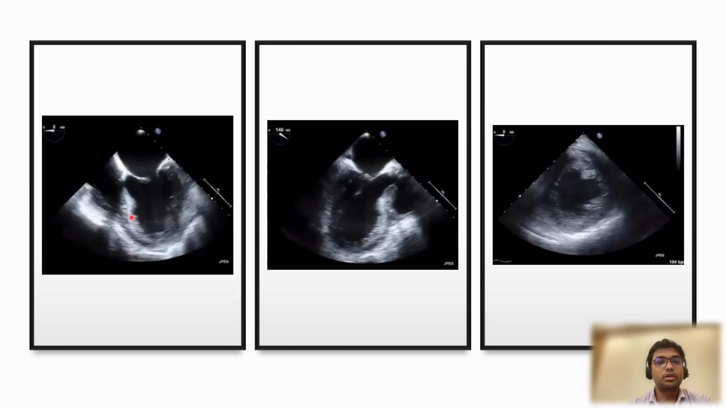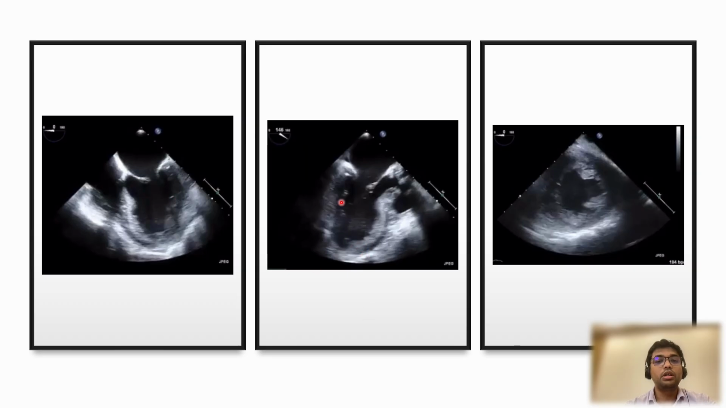So like this image, you can see there is a hypokinesia of this part of your wall in your mid-esophageal four chamber, whereas in your mid-esophageal long axis view, you can see that this wall is also not moving, and in your transgastric short axis view, you can see the portion between your two papillary muscles in your lateral wall is also not moving. So all these three images are actually corroborative of injury to the LCX, or there is LCX ischemia,